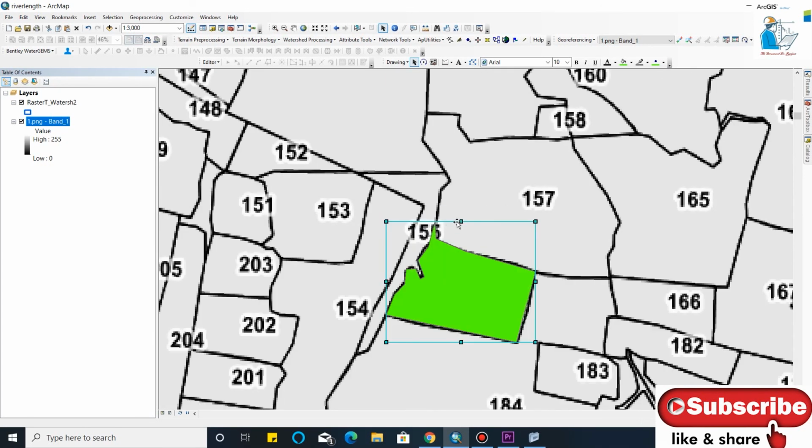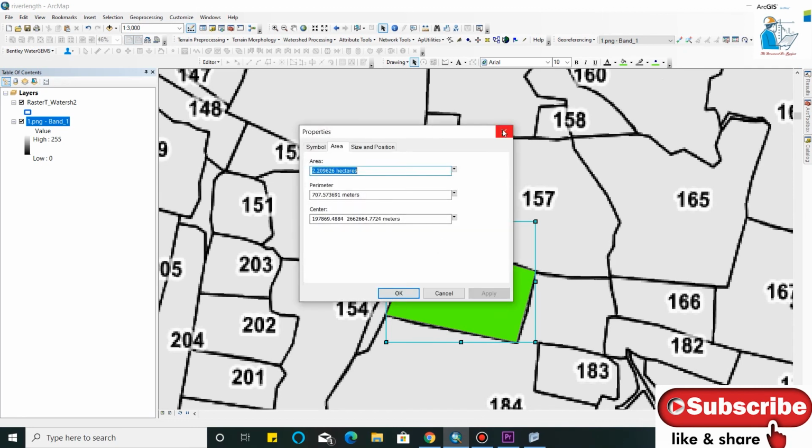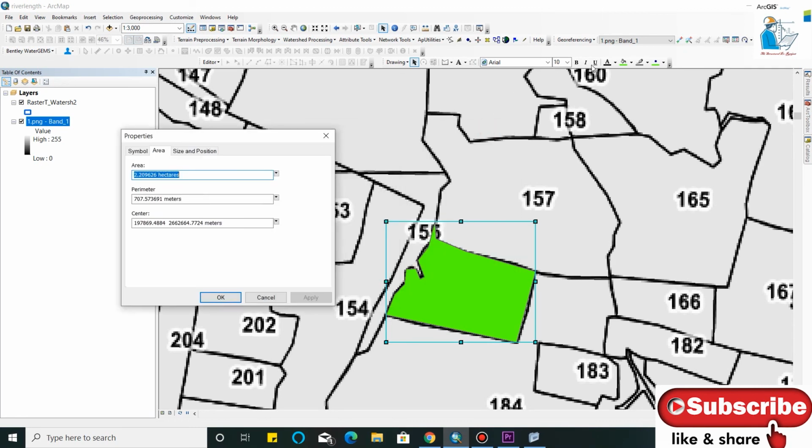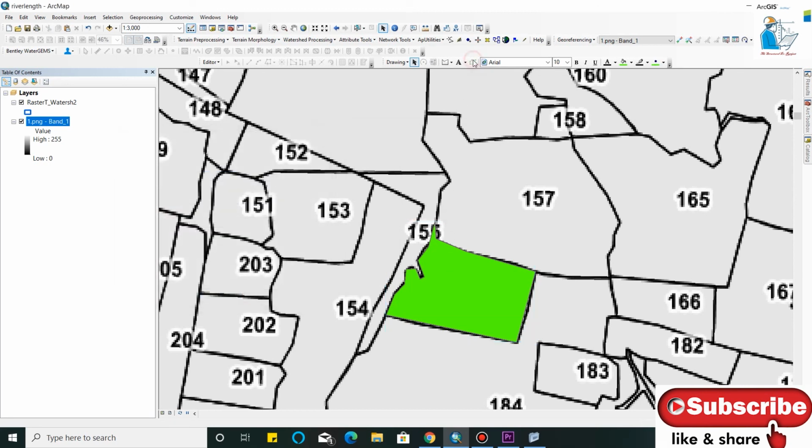You can also go to the edit option by double clicking on it. When you double click, this option will be activated. You can delete a vertex or change a vertex also. In this way,